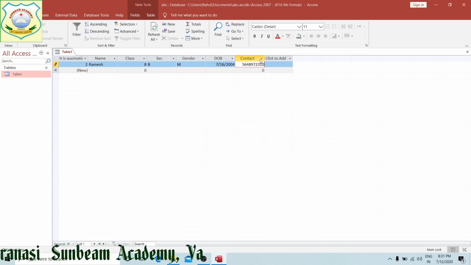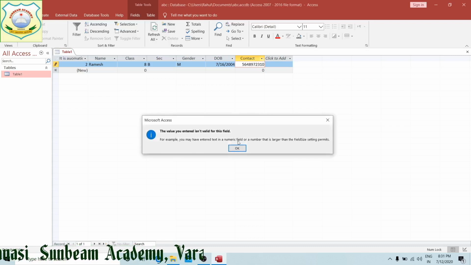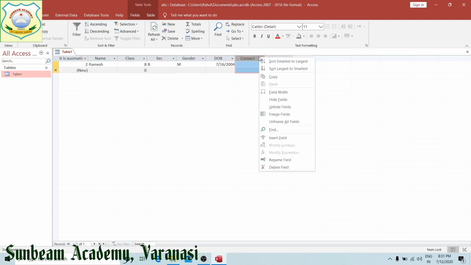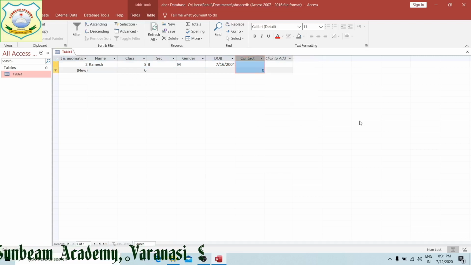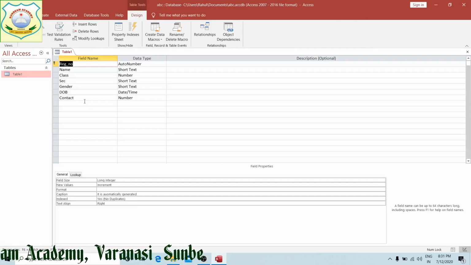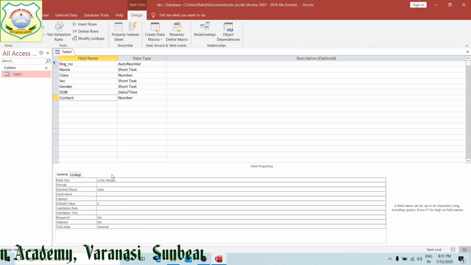Oh, it is saying the size is greater than the given one. So what will we do? We will click right over here, or I am going to save it. The data has not been saved. Now click on design view: contact number, long integer has been given.